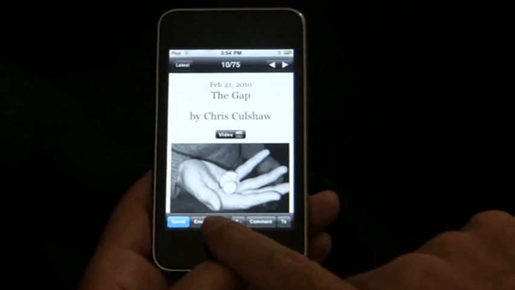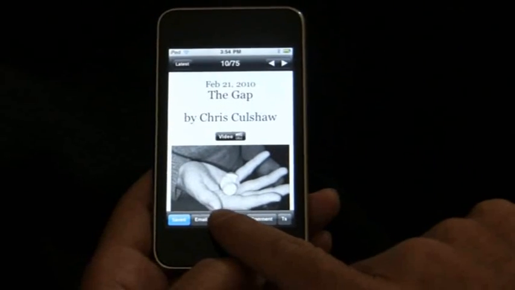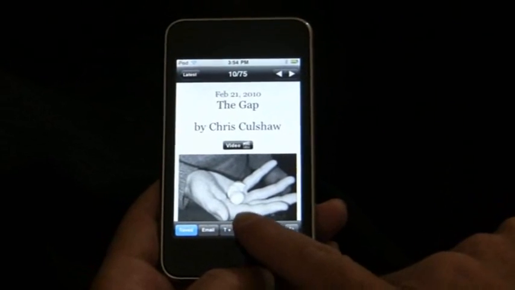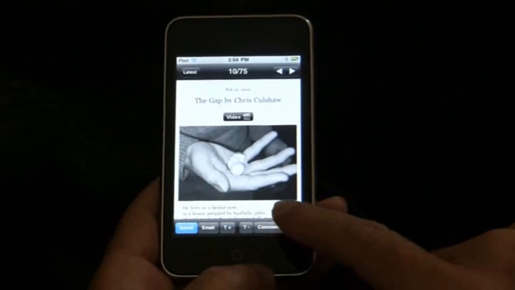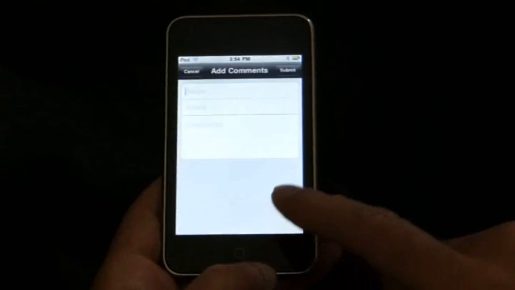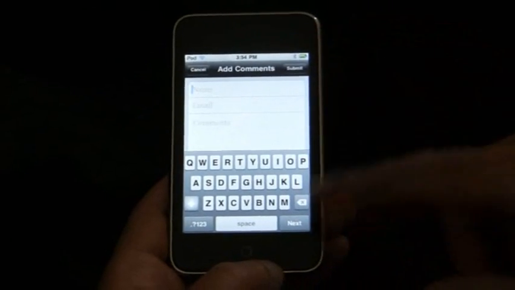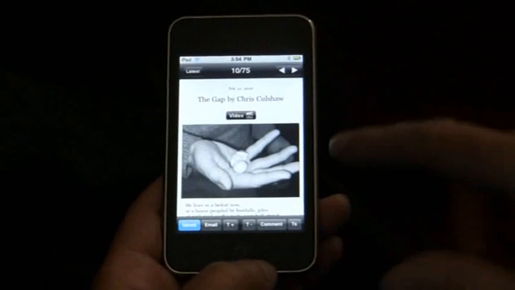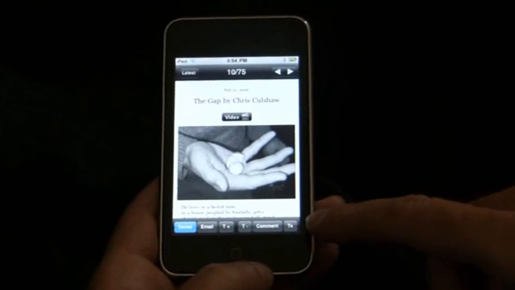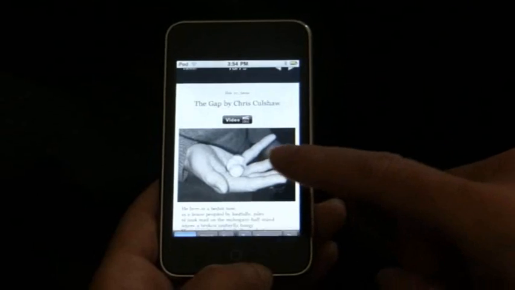If I touch the button, there you can see, and bring it back down. Then there's a button for comment that allows you to make a comment to the website. And here's where you can add your comment and submit it when you're done. Come out of there. Then finally we have the TS, which is a little button that allows you to do